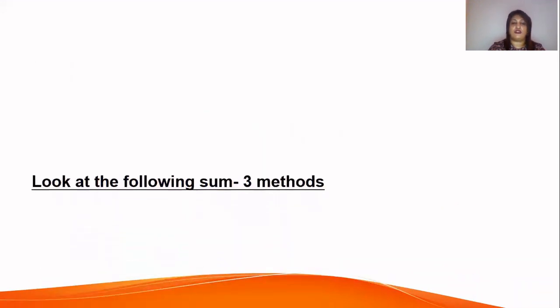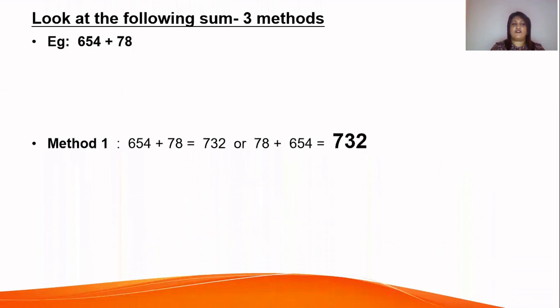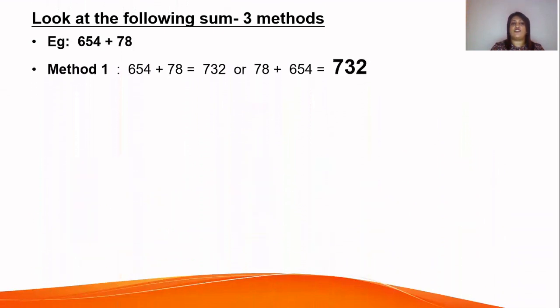Right, look at the following sum and the three methods. I'm going to do the three methods with one sum. So I've got 654 plus 78. Now, our first method again, remember what's my first method? I'm going to change the order of the sum to get my answer. I'll get the same answer. So method one, I've got 654 plus 78, which gives me 732. Or I can change it to 78 plus 654, which gives me 732. Method 2,